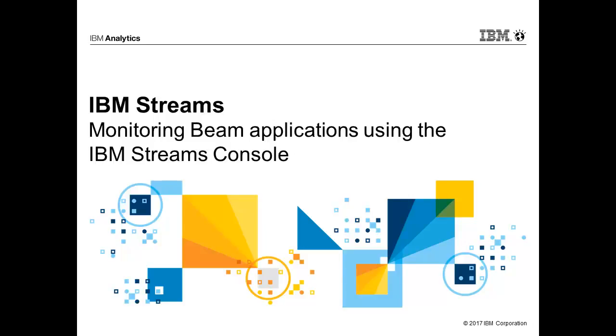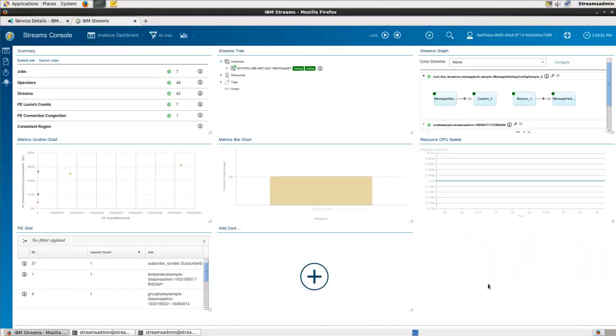This video shows monitoring of the Beam temperature sample application running with the IBM Streams runner for Apache Beam in IBM Bluemix using the Streams console on Bluemix. You must have already launched the application as shown in the video launching the Beam temperature sample application on IBM Bluemix. Starting with the Streams console in the instance dashboard, we see an overview of activity in our streaming analytics